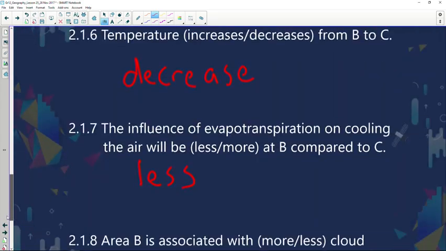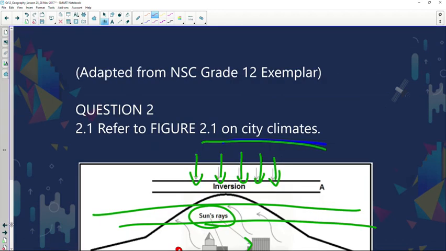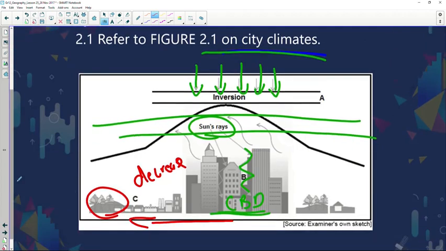So the correct answer will be less. 2.1.8, area B is associated with more or less cloud cover in comparison to area C. Now let's go back to area B. They reckon that area B is going to have more or less cloud cover. There's going to be more cloud cover at area B, and I'm going to draw a little cloud on here,